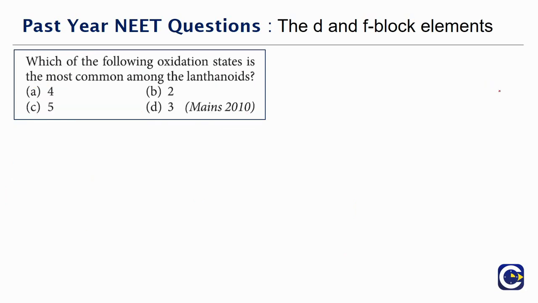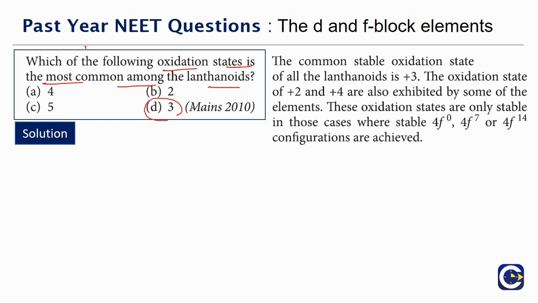Next we have a question, it's a straight question on the oxidation states of lanthanoids. Which of the following oxidation states is the most common among the lanthanoids? So what is the oxidation state that is most common among the lanthanoids? It is +3. So generally we also see that in some cases a +2 or a +4 can also be